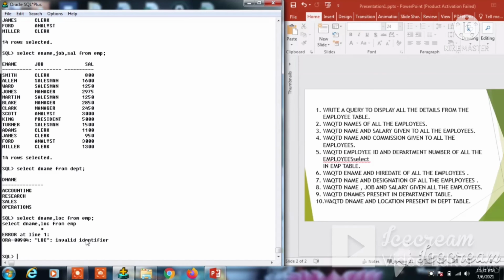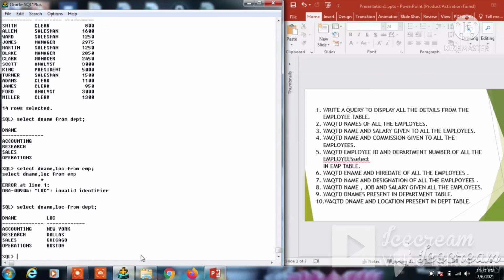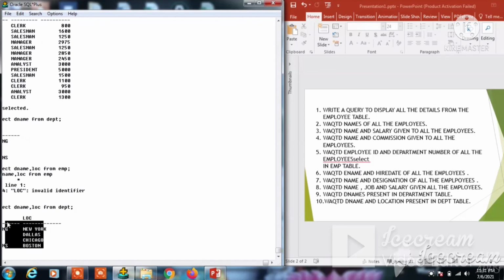There is no identifier, invalid identifier. Here I used the employee table. These column names are not present, so invalid identifiers. The dname and loc are available in the department table, so use the department table. These are the records available in the department table.